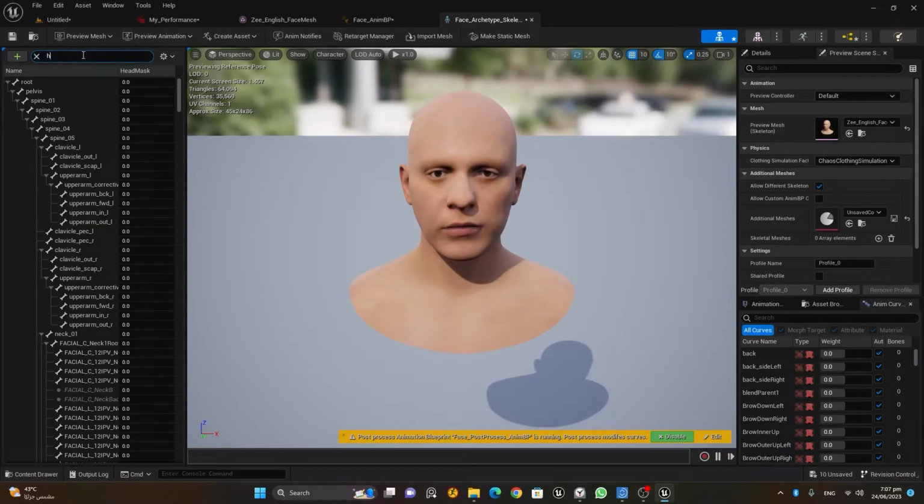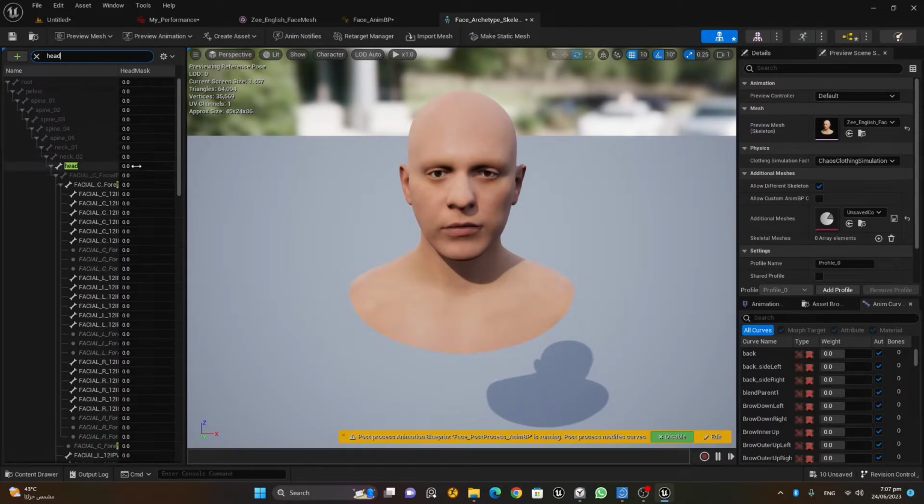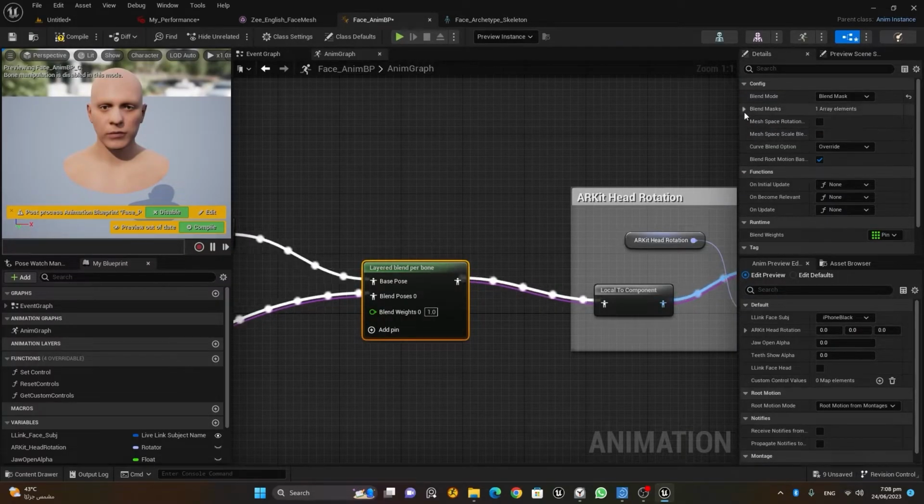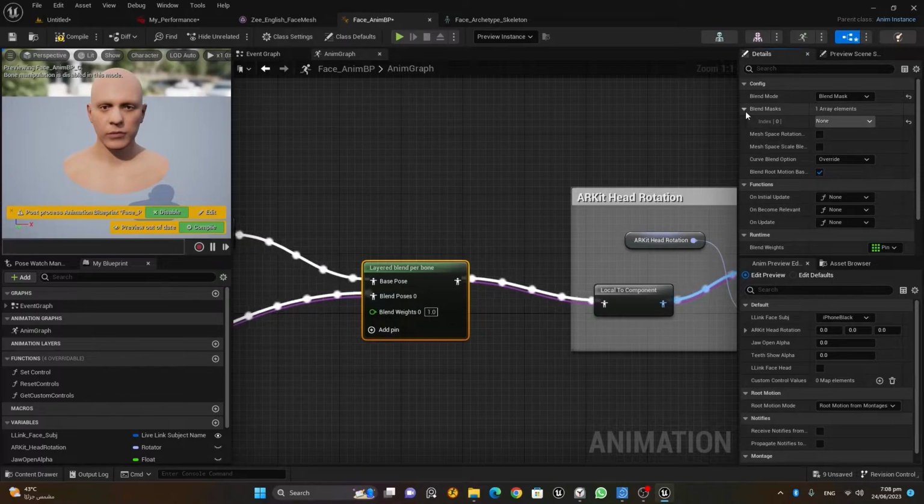I will search for the head, but this time we are not converting only the head to 1. In order to move the head, you have to convert this to 1, but we also have to make the neck 01, neck 02, and neck 01 to 1. The spine we can skip. We can keep these three things: head, neck 02, and neck 01. Save this, done. I will go to face anim. In the blend mask, I will uncollapse it, and in the index, I will choose the head mask, compile,